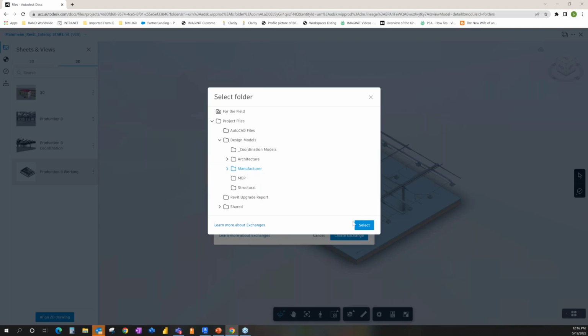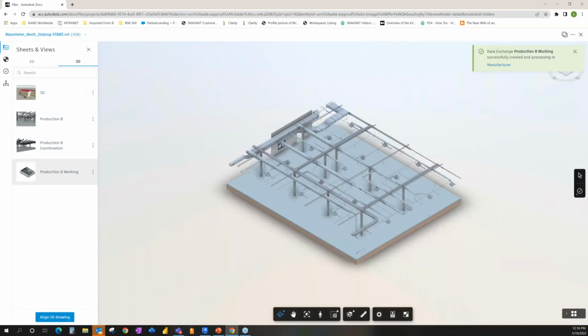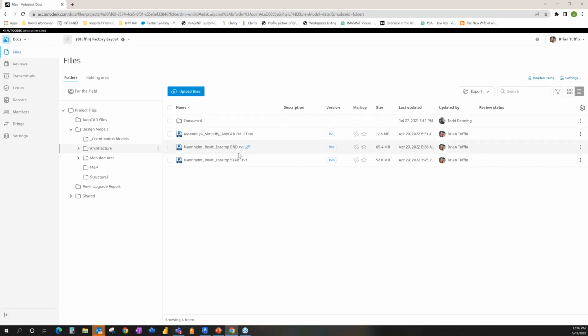So I'm going to select the manufacturing folder, and I'm going to go ahead and create this exchange. Now, this is going to take a few minutes. Depending on the amount of data, it's going to generate an image in the background. When I close out of the view,